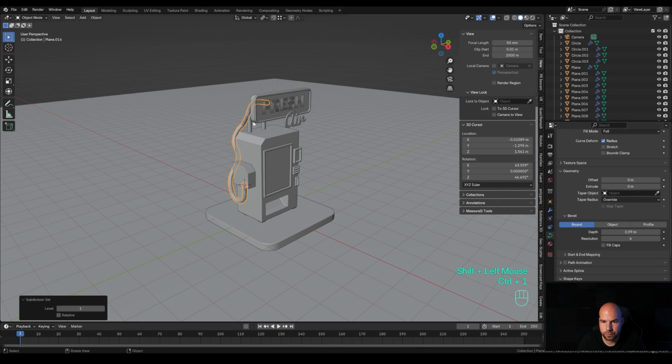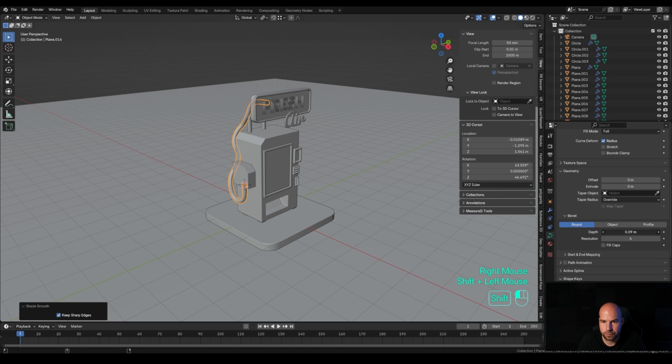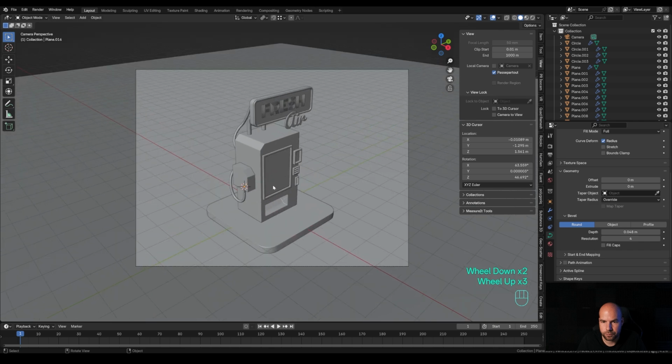Press Ctrl 1 to add subdivision surface, right click and shade smooth. And I think this is too thick, so let's reduce the thickness there. And let's look from the camera, and I think this looks much more interesting now. And I think my camera bailed on me here, so sorry about that. Yeah, right now this will be all about materials and lighting, but first I want to create a cutout here,